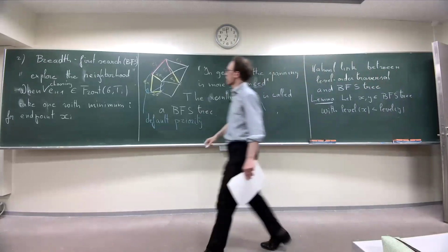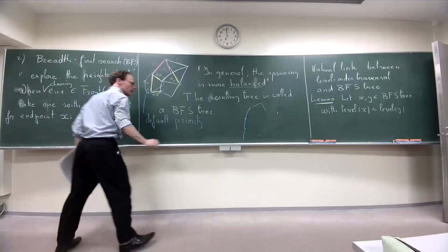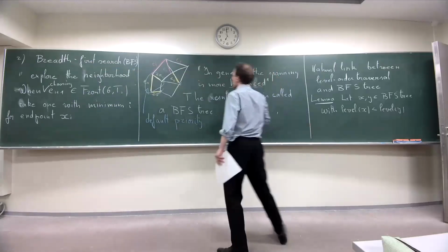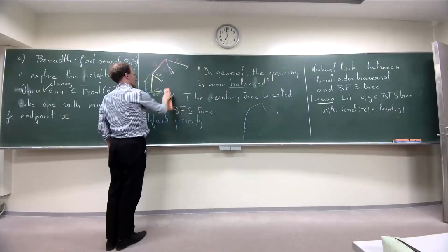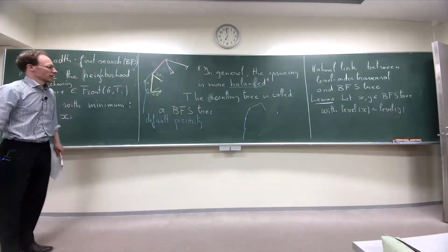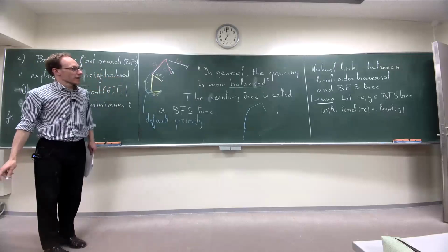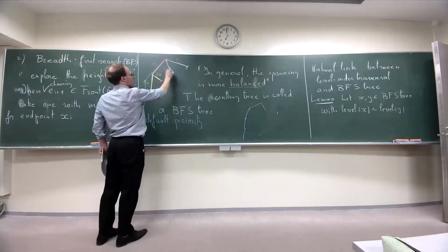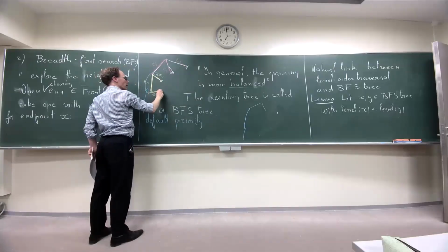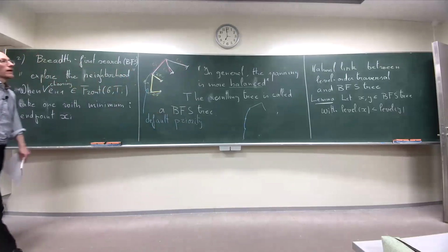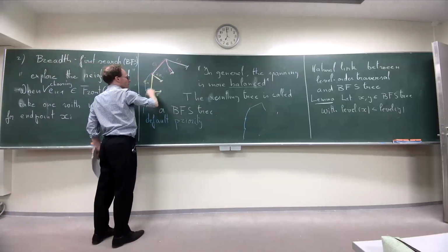Where do I have a tree? Okay. Yes. This is a tree. I just keep the structure of the tree. This is a tree. It's ugly, but it's still a tree. The level 1 are these 3 vertices. Level 2 are these 2, and level 3 is this one. So it means if I take an X which is at level 1, and a Y which is at level 2,